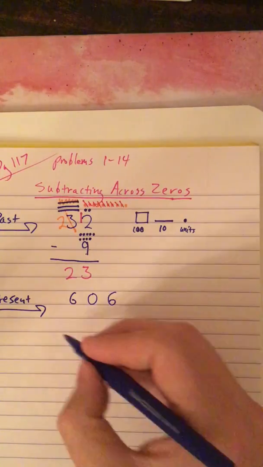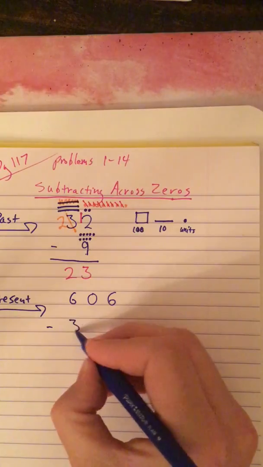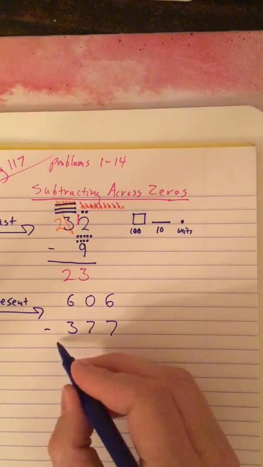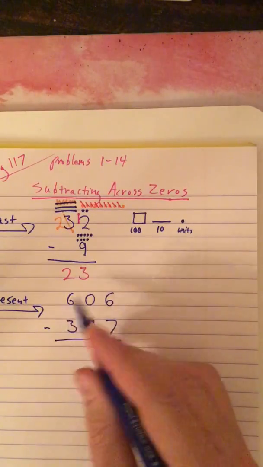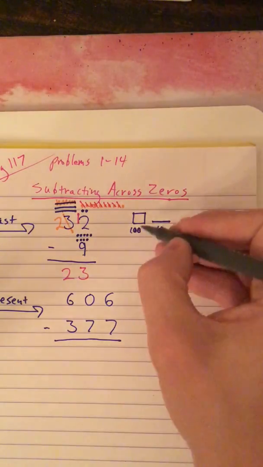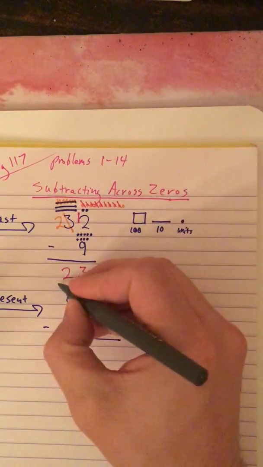606 minus 377. Can I do the same thing here as I did up here? Sure I can. I just got to use one more idea. And that idea would be, let's see, I'll go with green this time. We have 600s, which means I need